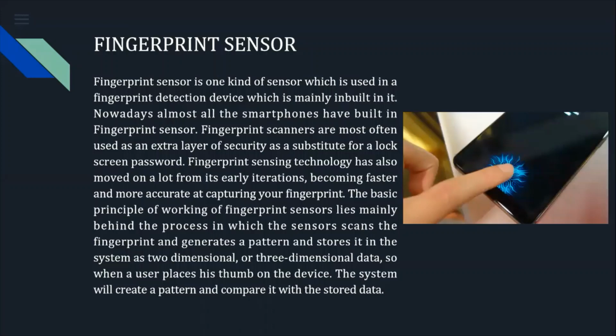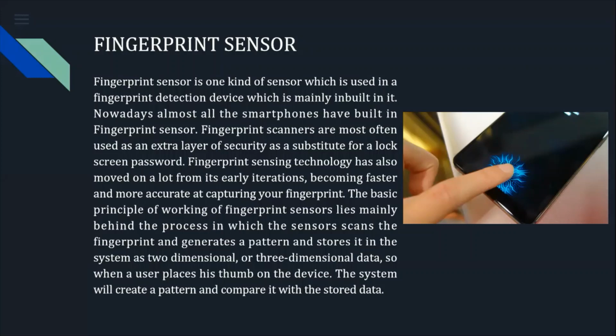Fingerprint sensor. A fingerprint sensor is one kind of sensor which is used in a fingerprint detection device, which is mainly built in. Nowadays, almost all smartphones have a built-in fingerprint sensor. Fingerprint scanners are most often used as an extra layer of security, as a substitute for a lock screen password. Fingerprint sensing technology has also moved on a lot from its earlier iterations, becoming faster and more accurate at capturing